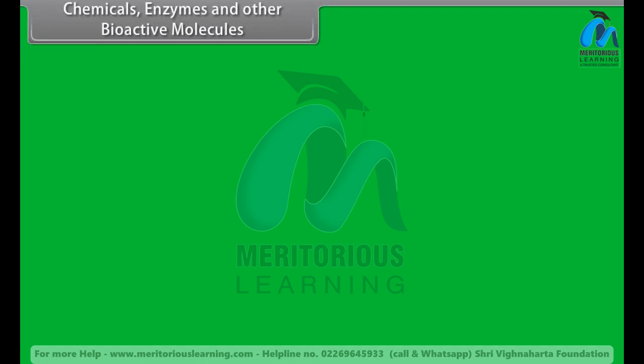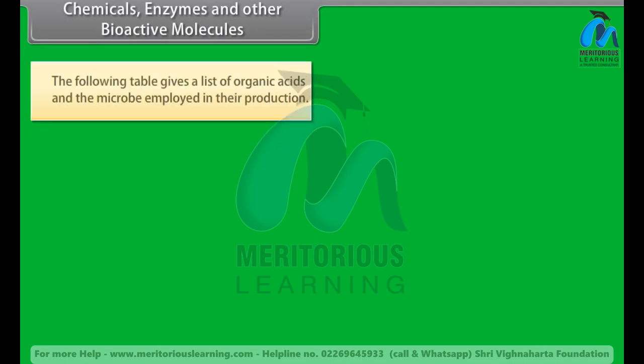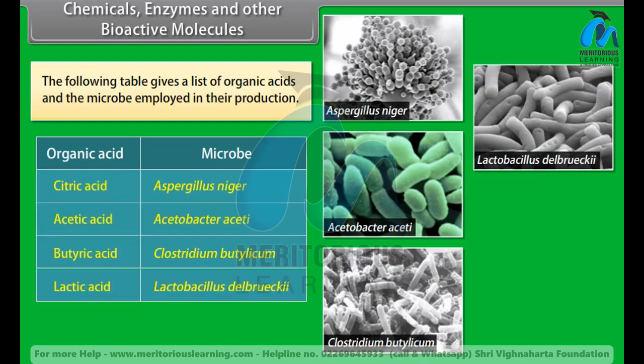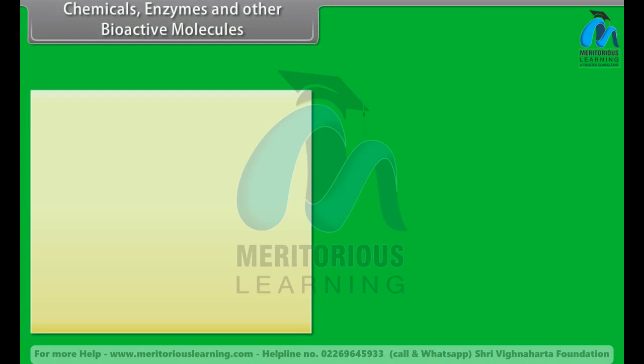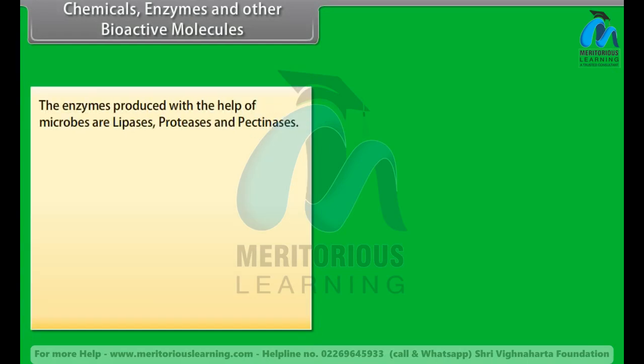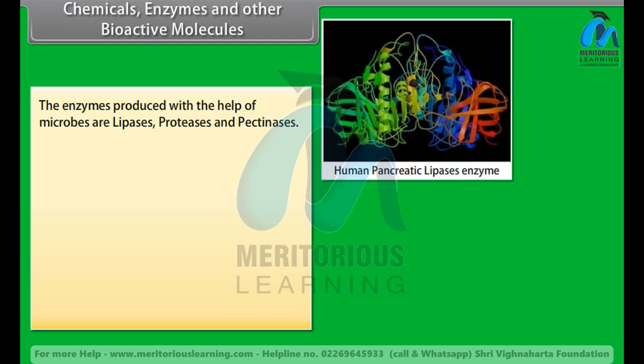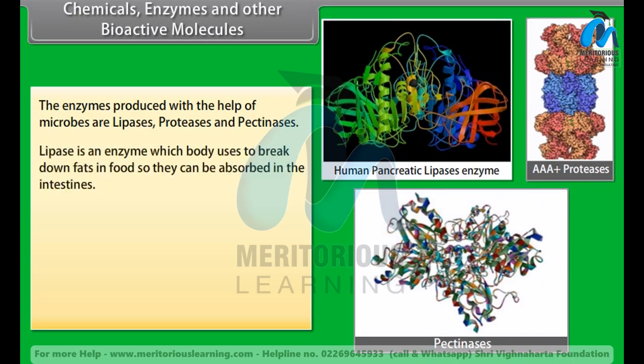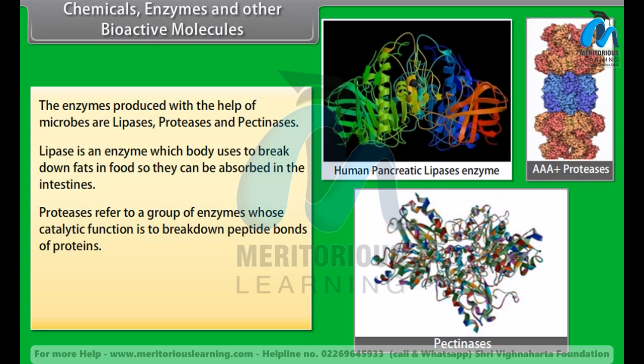Chemicals, enzymes, and other bioactive molecules. The following table gives a list of organic acids and the microbe employed in their production. The enzymes produced with the help of microbes are lipases, proteases, and pectinases. Lipase is an enzyme which the body uses to break down fats in food so they can be absorbed in the intestines. Proteases refer to a group of enzymes